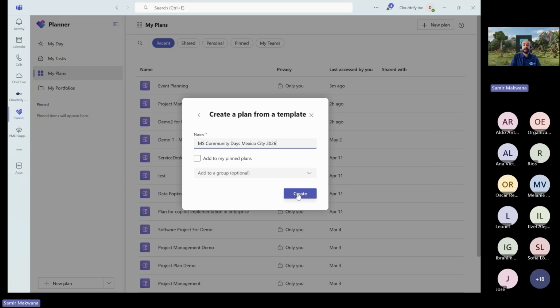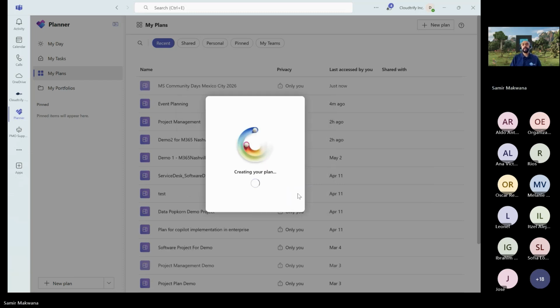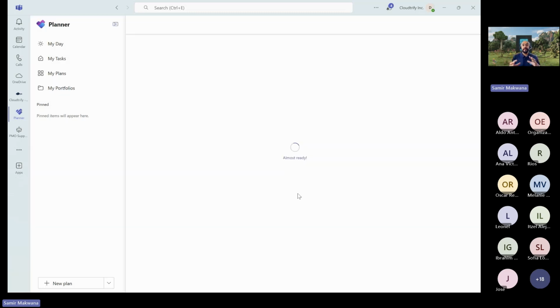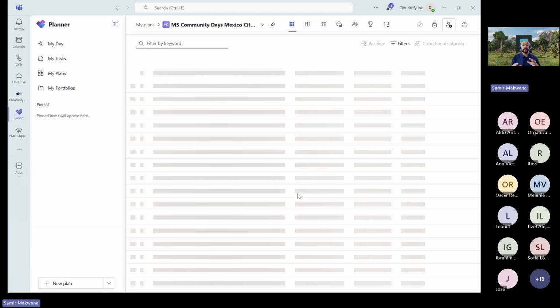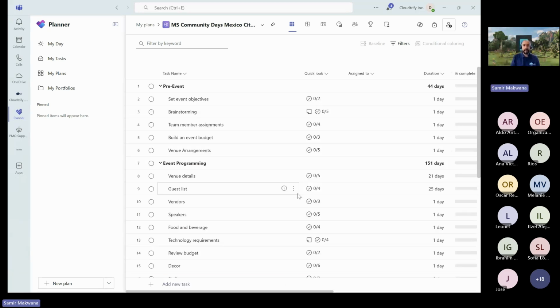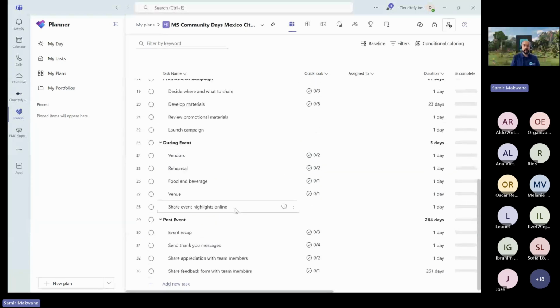And I click create. So right now it's creating a base template with the basic information you need regarding the event and programming, like campaign, what you need to do during the event, post event, and so forth, right?